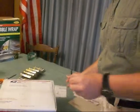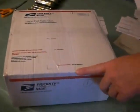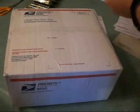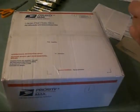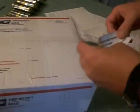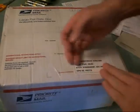The same thing here, down here. Same thing whenever you're going to do the "to." I have some pre-printed peel and stick forms that we're going to use for the "to." You can write it on the box if you want. I just prefer to use these. For the "to,"